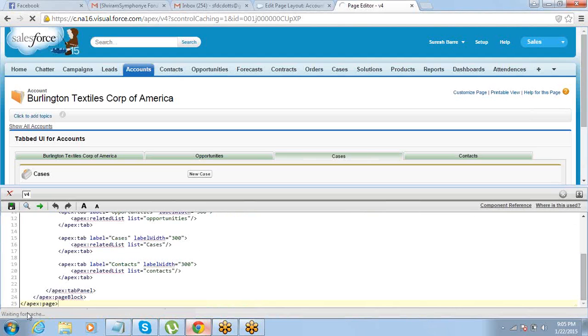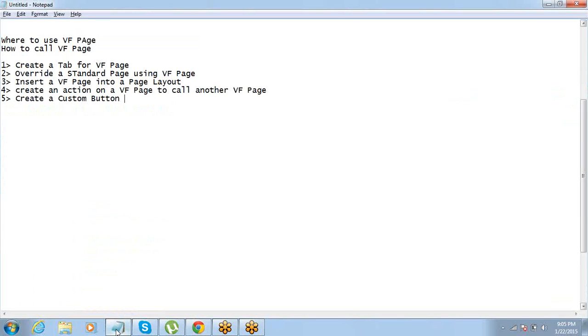Let me know if you are clear on this. If you have any questions, doubts so far. The ways we have been calling the Visual Force page. So these are different ways of calling Visual Force page. You can create a tab, and there is one more way which you can